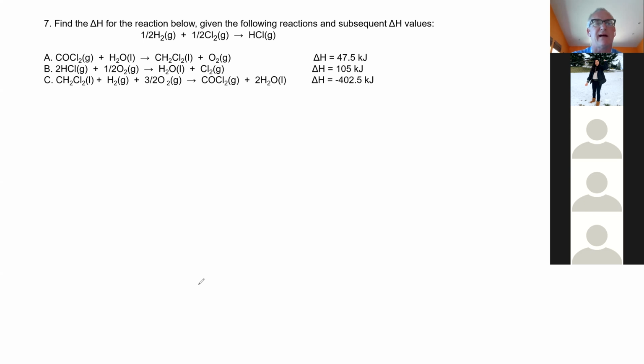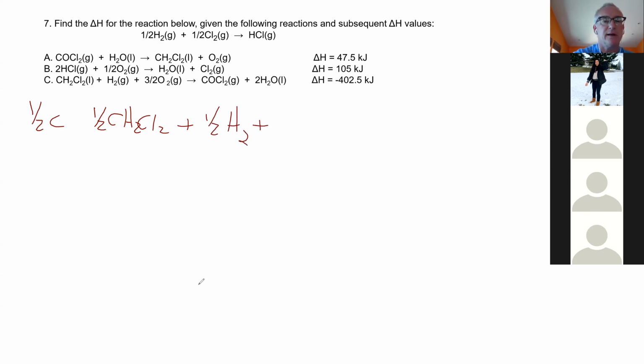Yeah, I think reaction C is the only place for it, right? Yeah, so reaction C. But we only want half a mole. So what do we have to do to C? Multiply by 1/2. Yeah, so that'll be our first one. So 1/2 C is half a mole of dichloromethane plus 1/2 mole of hydrogen